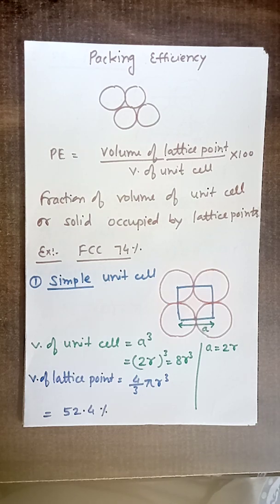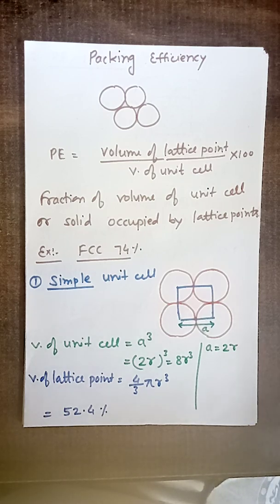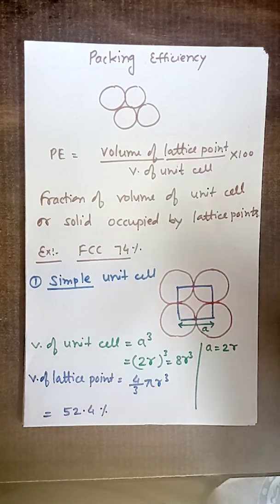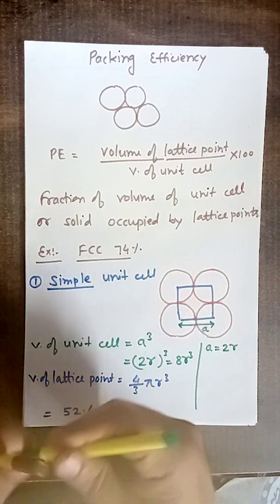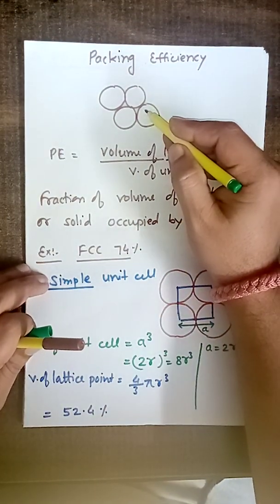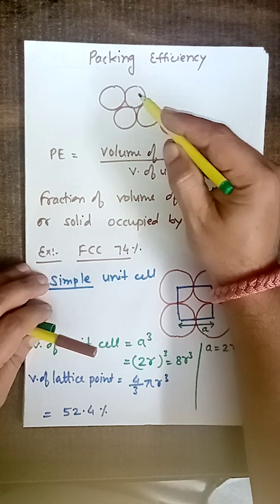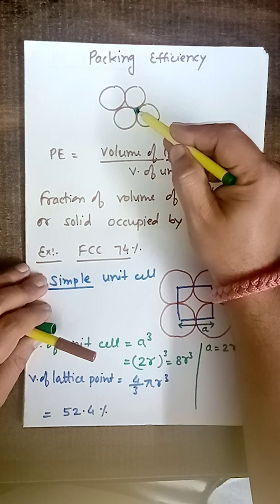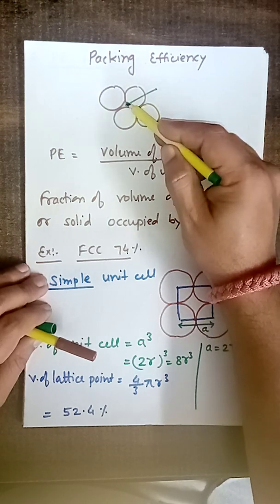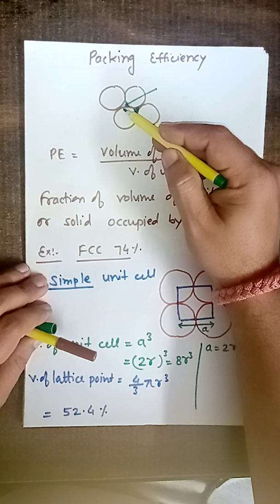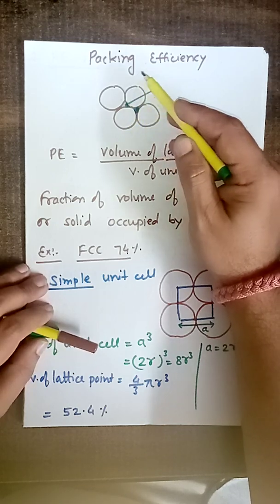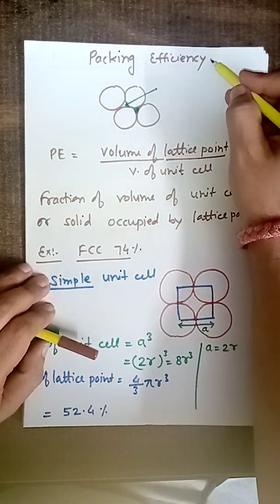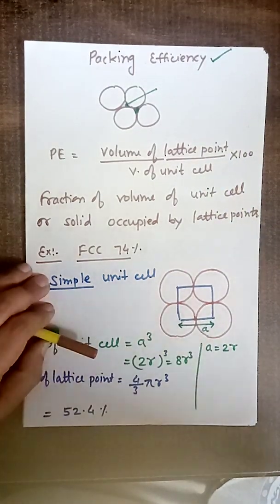Today we are starting with another term used in solid state, and it is known as packing efficiency. Now, to understand packing efficiency, let's see this diagram. We know that in solid state particles are as close as possible. They are in fact in contact with each other. Still you can see this space, because of spherical shape, this space which is unoccupied by particles. Now this we can express with the term known as packing efficiency.